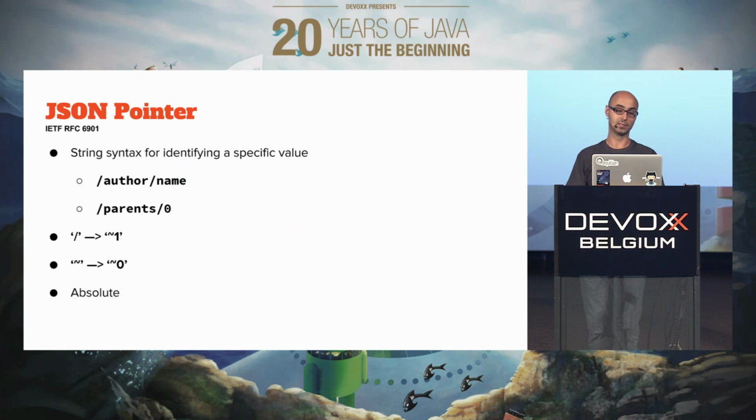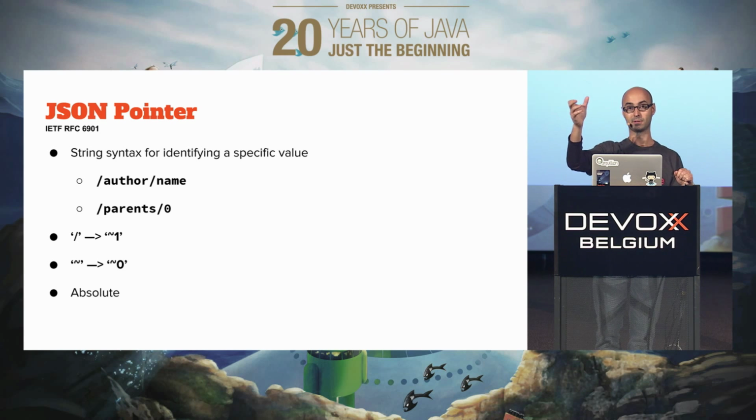JSON Pointer is a syntax for identifying a specific value. It's not a query language. It's like putting a pointer in a part of your document. This part can be a single JSON value, or it could be a JSON object. And the syntax is pretty easy. You put a slash, then the first element, a slash, the second element, and so on. Very easy. If it's an array, you put the name of the array, slash, and then the position, 0, 1,